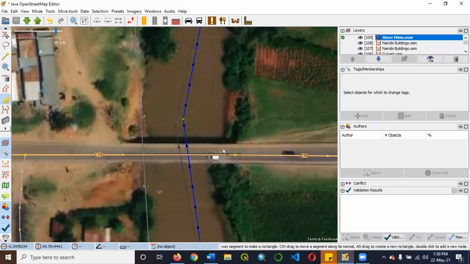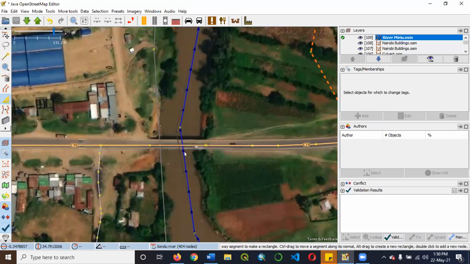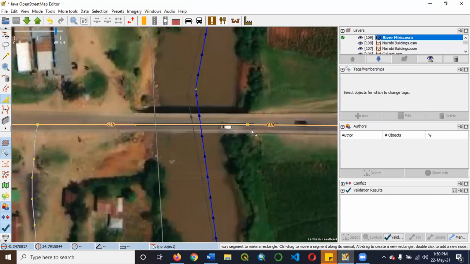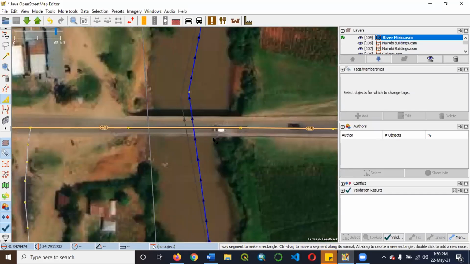As we all know, a bridge does not just start or end at the edge of the water. The bridge cannot start here and just end immediately here. So as you analyze the image, you realize that the bridge starts here and ends somewhere here. So this is our bridge. So how do you go about